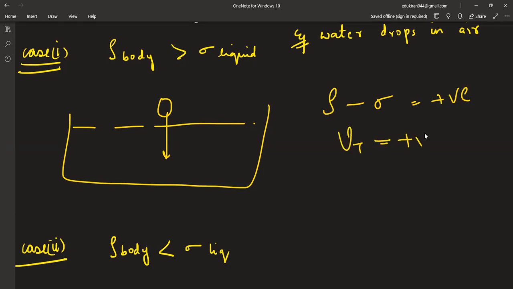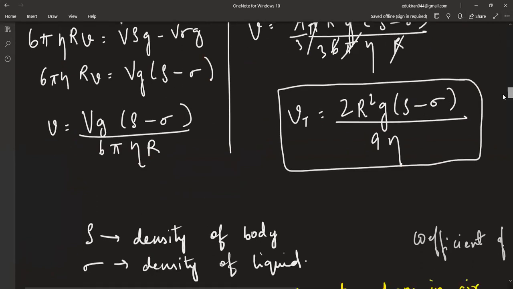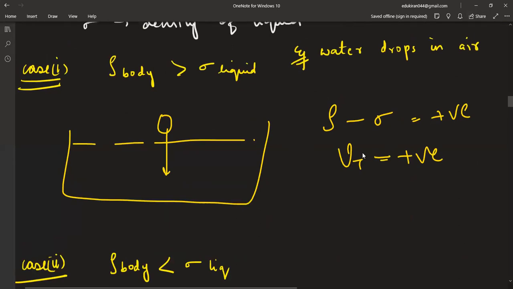this means terminal velocity will be positive, right? Look at rho minus sigma. If this term is positive, the terminal velocity will be positive. If this term is negative, it will be negative. So here rho minus sigma is positive, so terminal velocity will be positive. In this case, the body will move